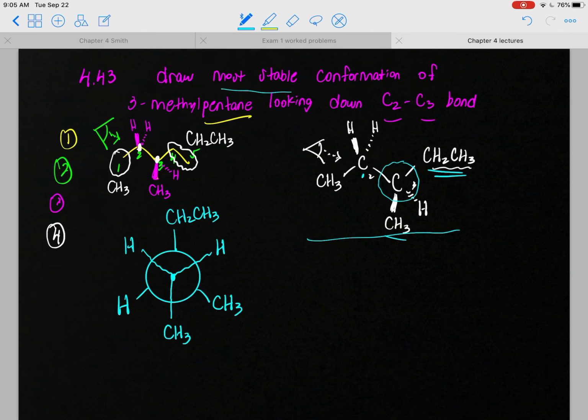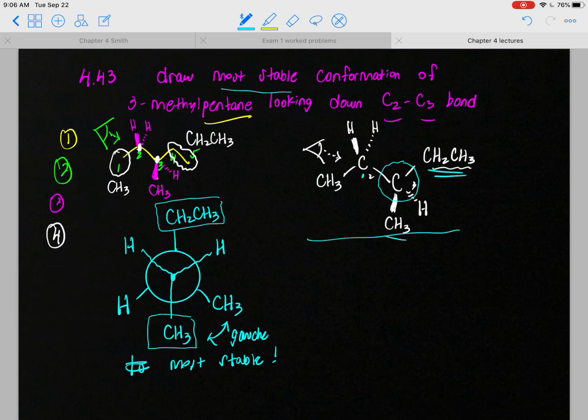So this conformation here is the lowest energy conformation. That's the most stable because the largest groups on the back carbon and the front carbon are opposite each other. Now I do know you have this gauche interaction here, but that cannot be avoided in this lowest energy conformation. Okay, so this would be labeled as the lowest or the most stable. Okay, so there's a lot of steps there to